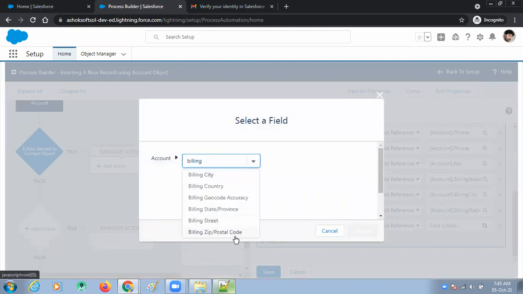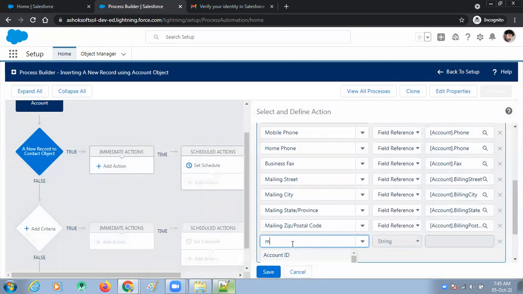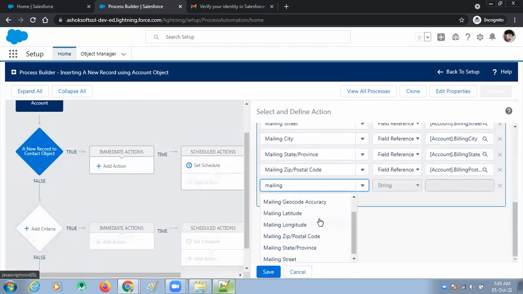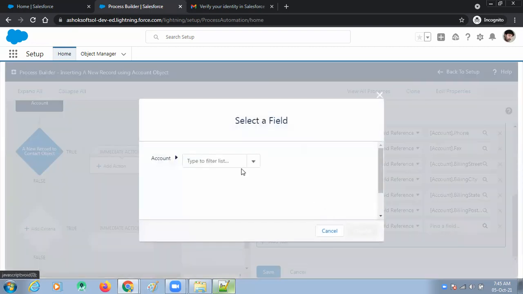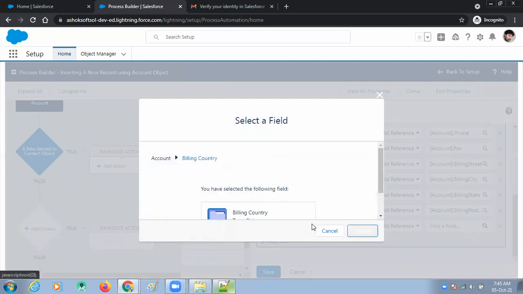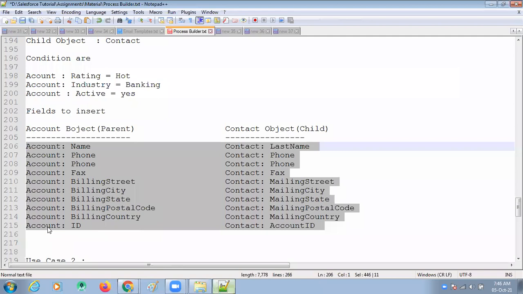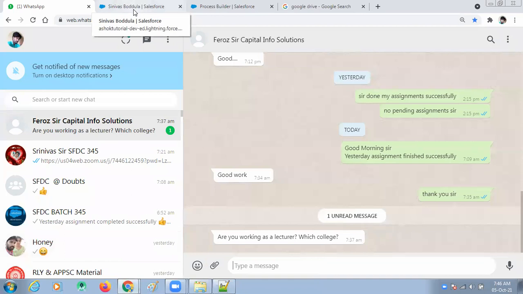And mailing country, it is mailing country, and billing country. Okay, I think all fields are over. Next, account ID.